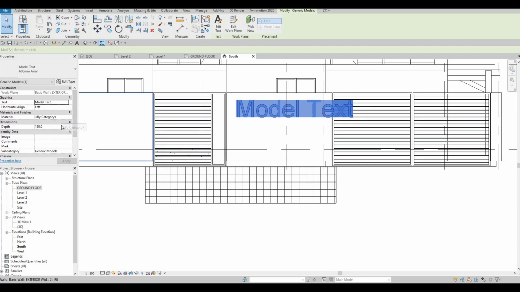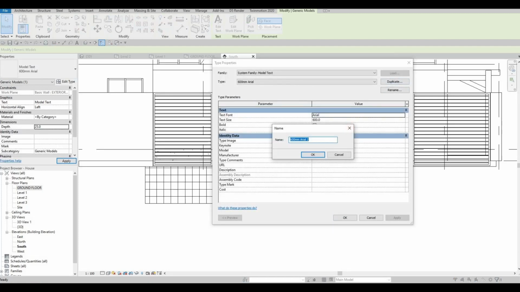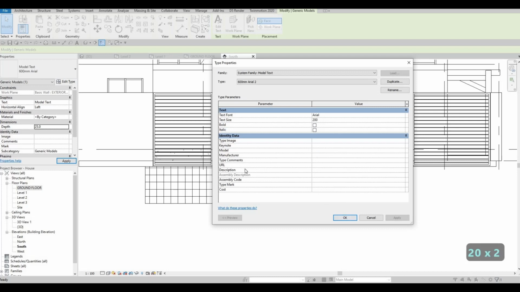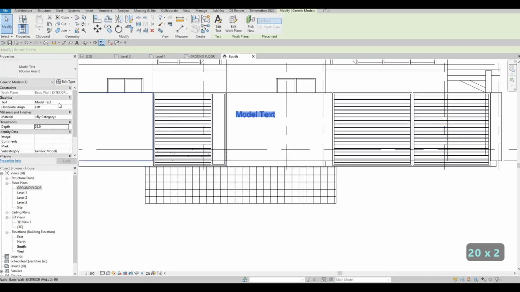So here we could put in 25. We could edit this type, duplicate, and then here we could just put 200, and then after that the text we put